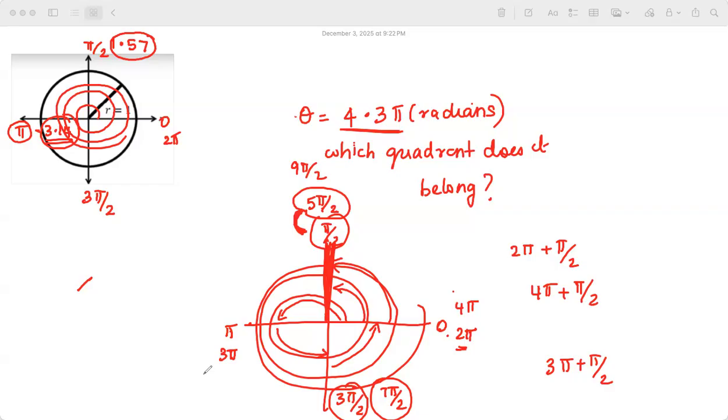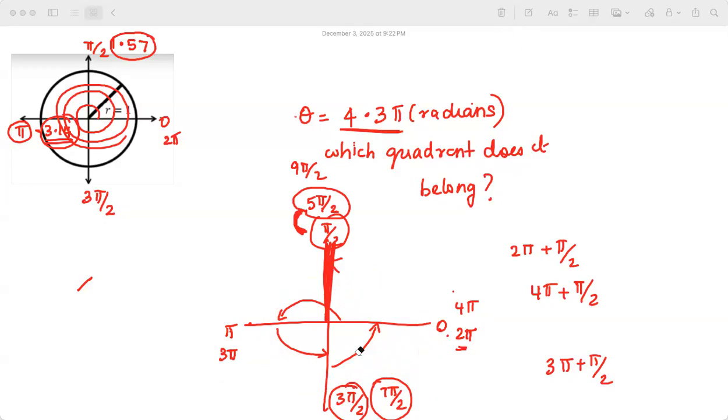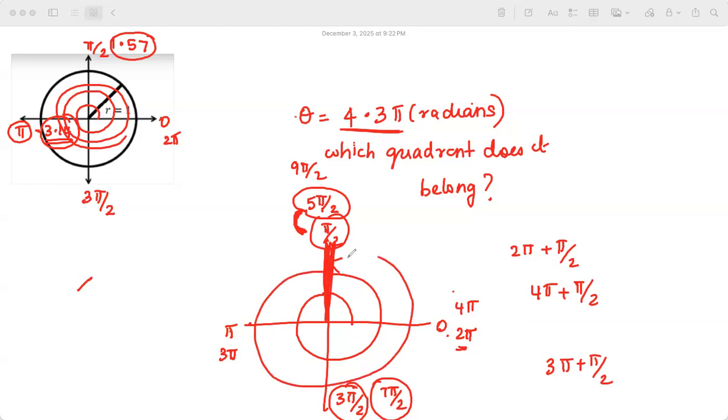Miss Priya, I don't get the revolutions part. See, pi by 2 clearly says you were on the first round, right? Now 5 pi by 2, you came up again and then got 5 pi by 2. And then again you came up, you got 9 pi by 2. Did you see that? So the same terminal ray can be shared by an infinite number of angles. Does that make sense?